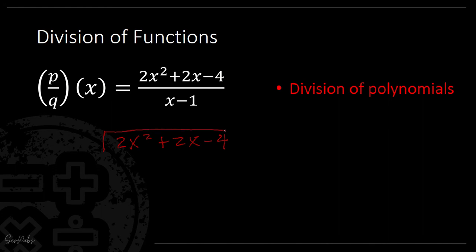Okay, so pwede nyo ring i-review to. I'm sure naman na pinag-aralan na to sa junior high. So, i-review nyo yung mga lesson nyo ng junior high. Ang unang gagawin na i-divide ang first term sa first term. Okay, so divide yung first term, 2x squared,